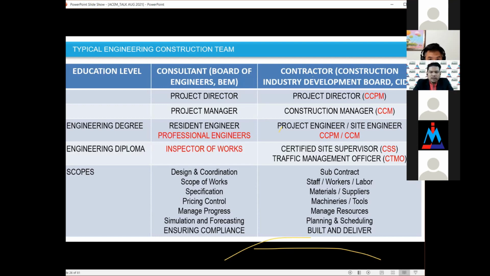Hopefully this opens our eyes that this is for construction personnel to become competent. Even though we have our degree, maybe our master's, maybe our PhD as well, or our diploma, it is different, because the diploma, degree, master's and PhD are academic qualifications that actually last throughout our life.